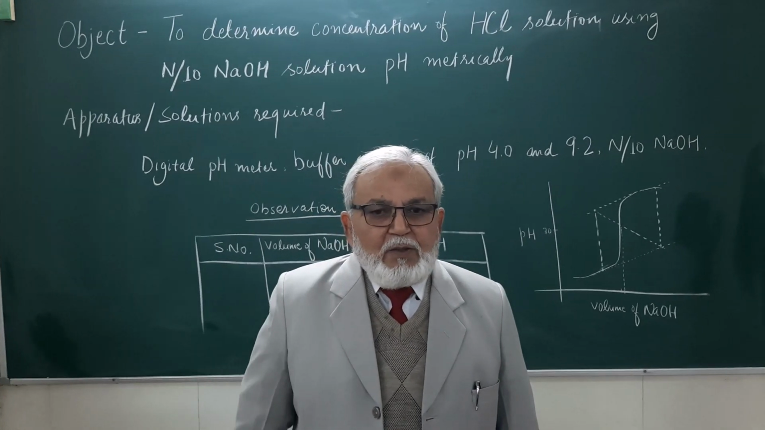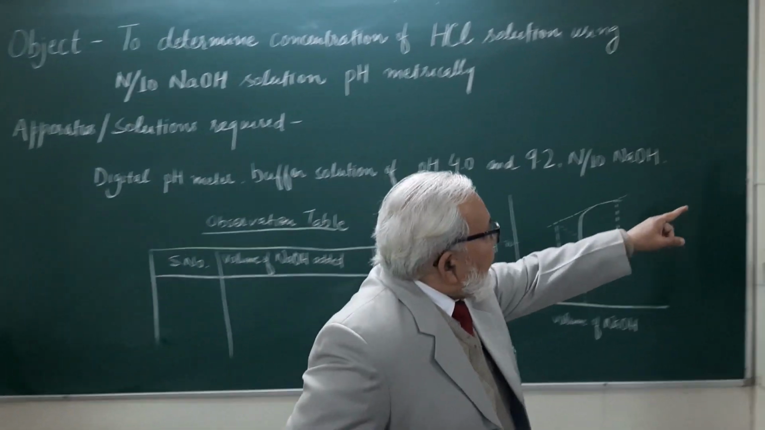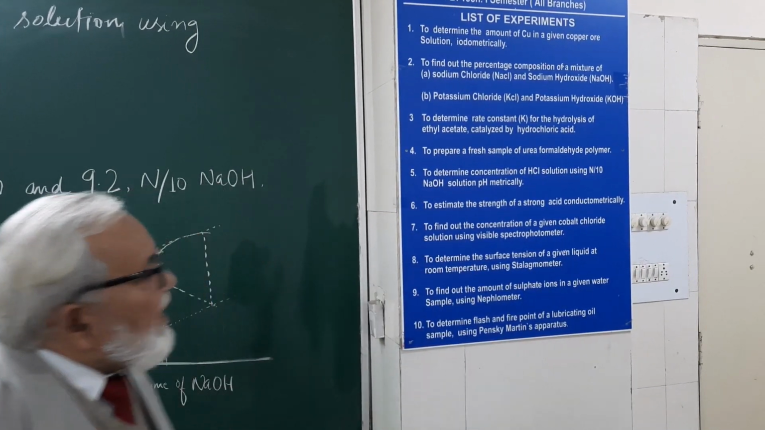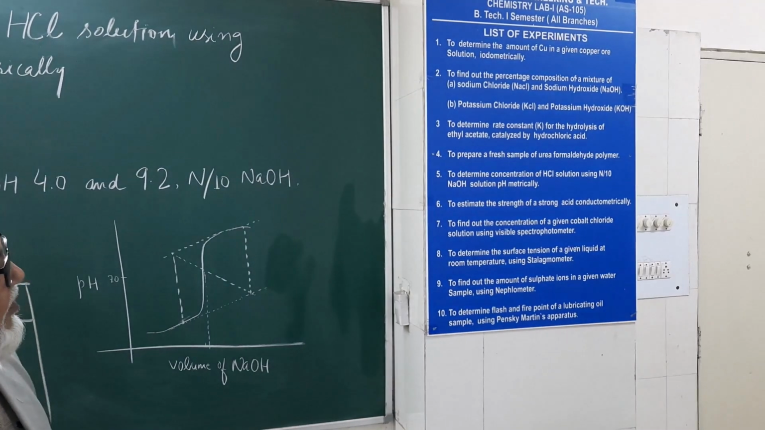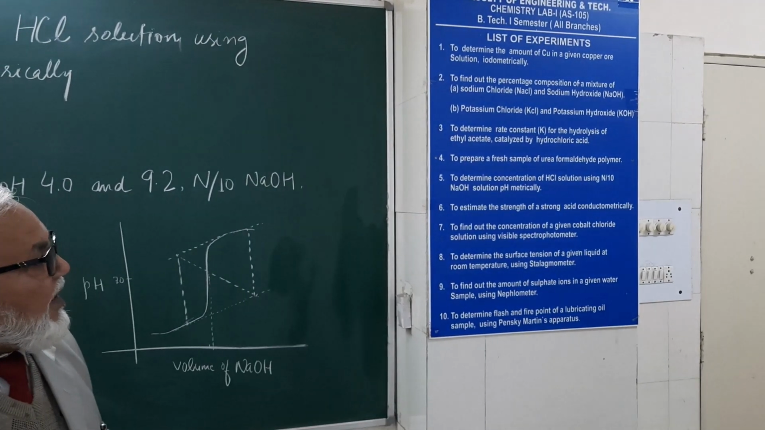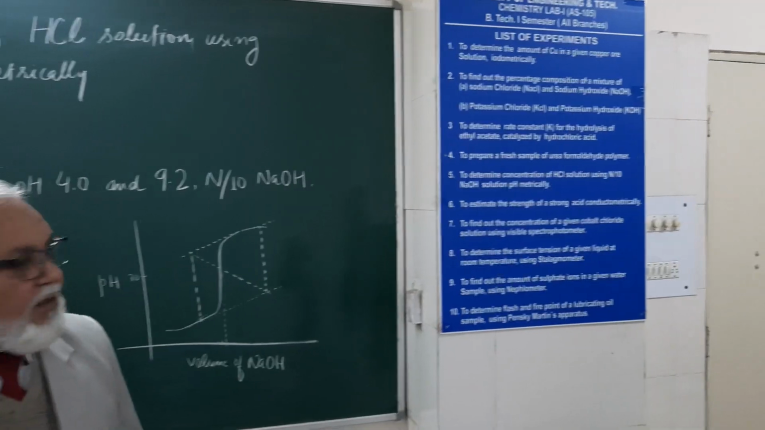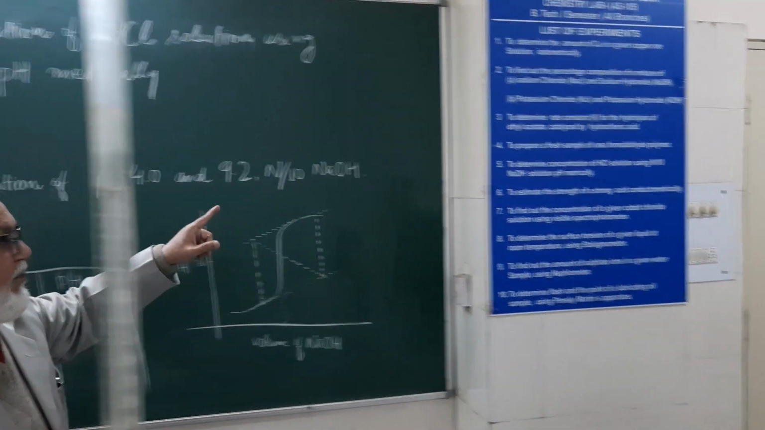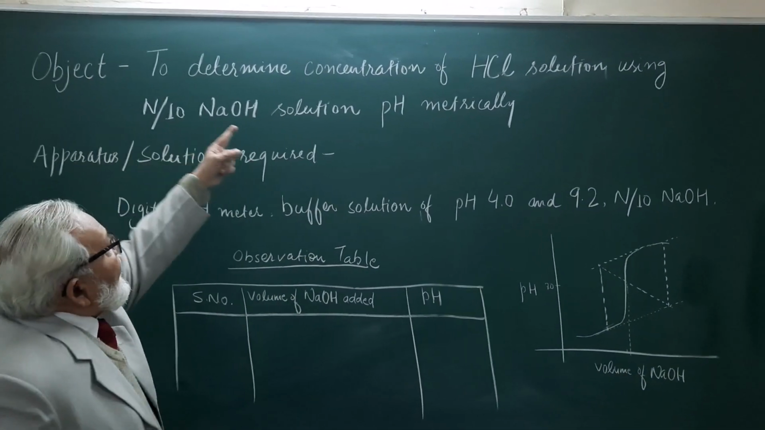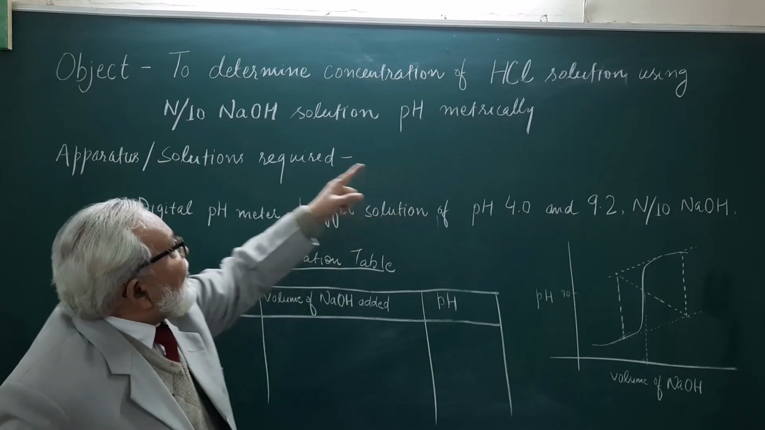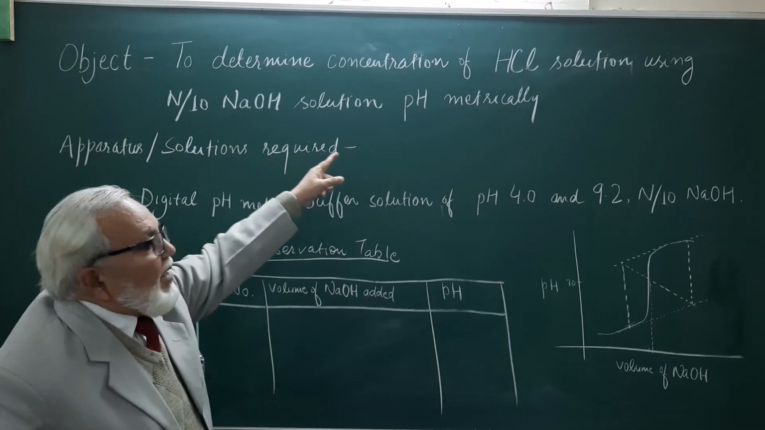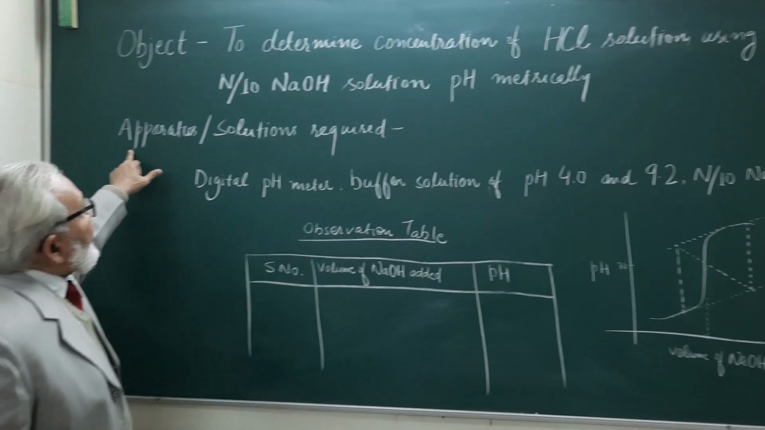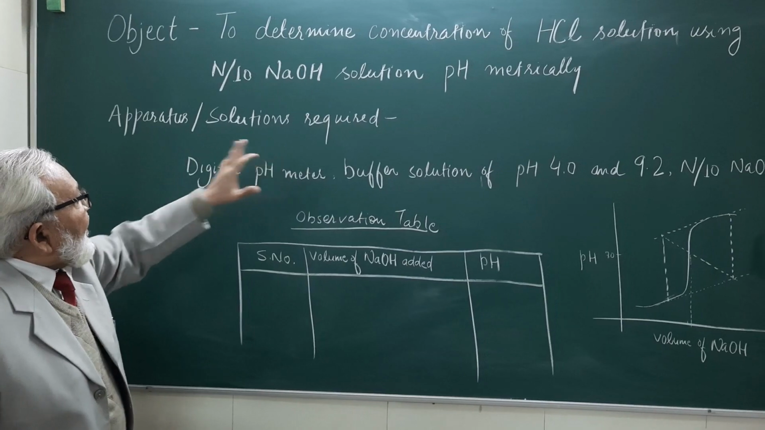Today we are going to perform experiment number 5 to determine the concentration of HCl solution using N/10 NaOH solution pH metrically. Aim: to determine the concentration of HCl solution using N/10 NaOH pH metrically. Apparatus and solutions required: